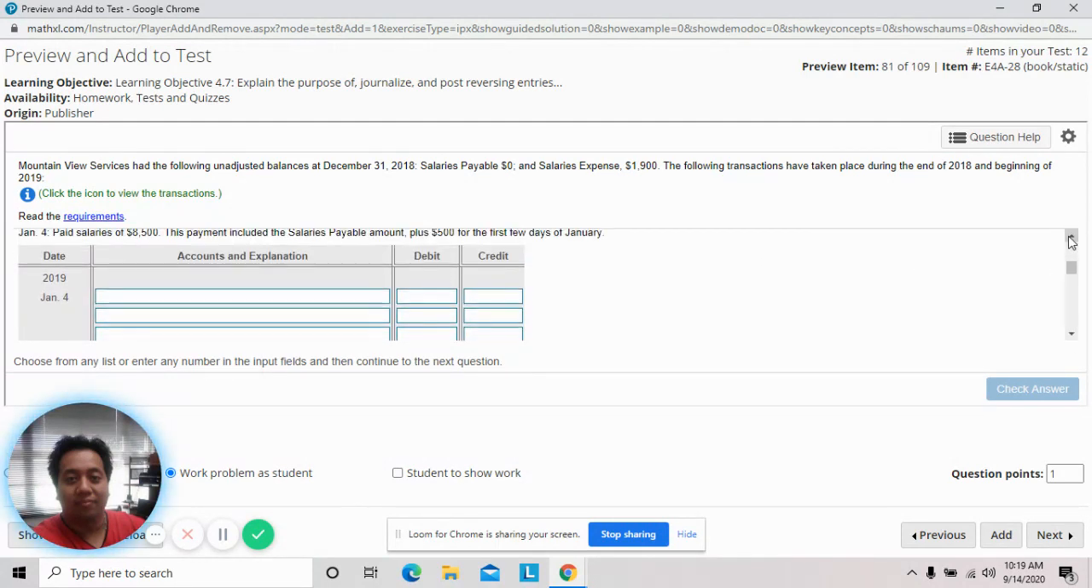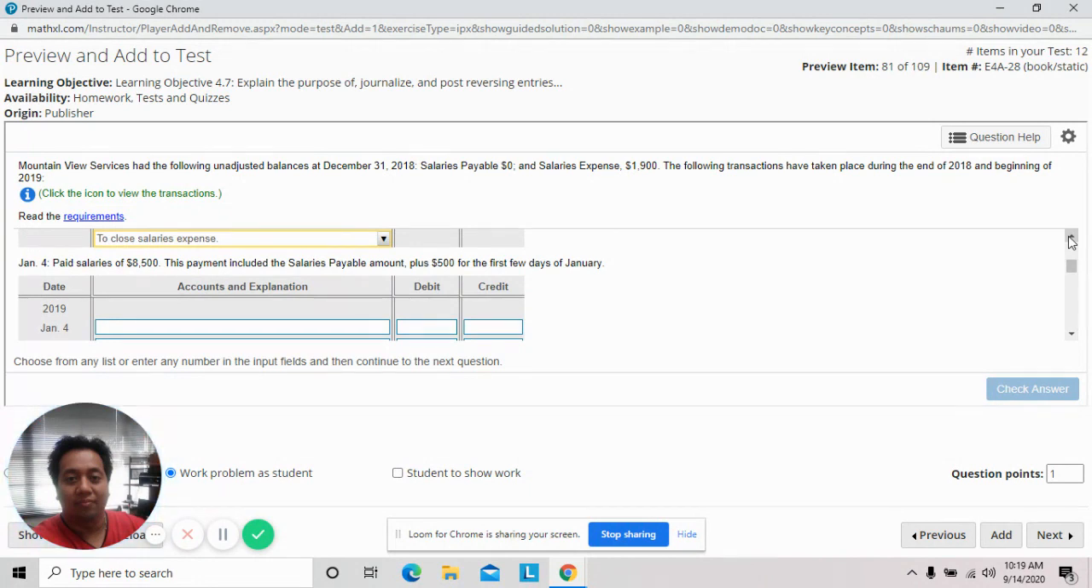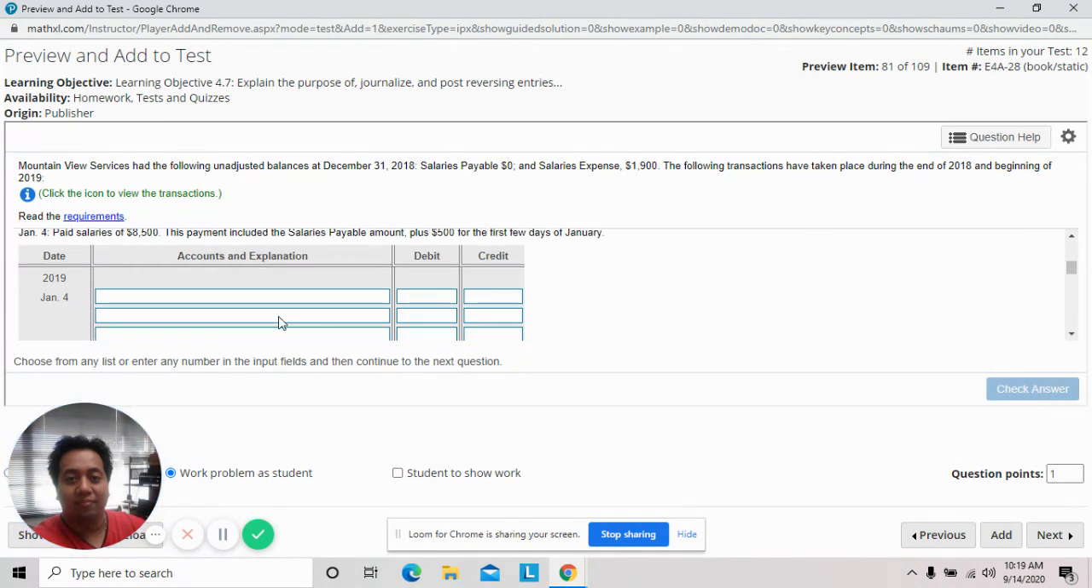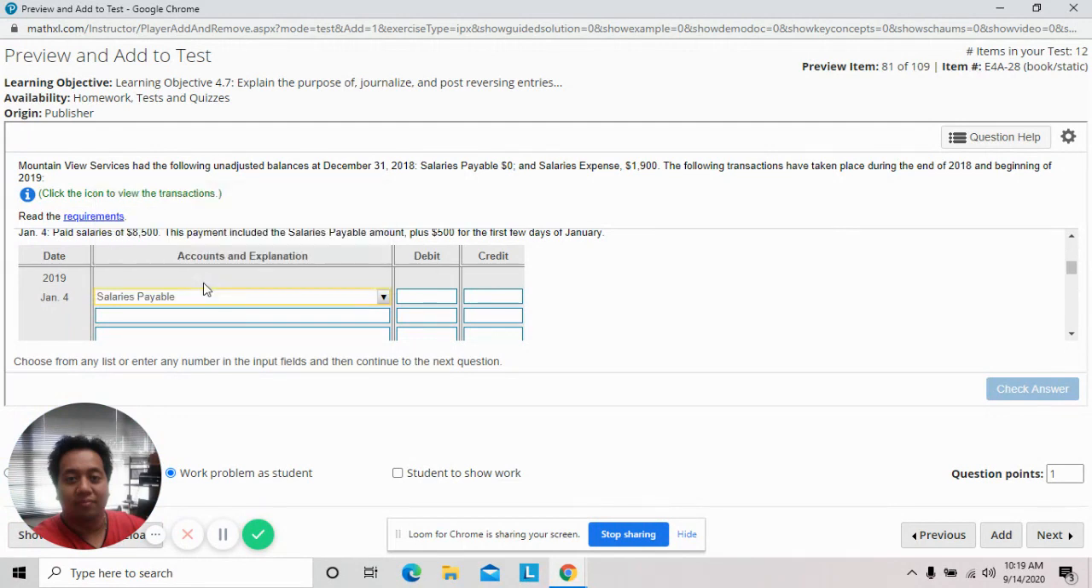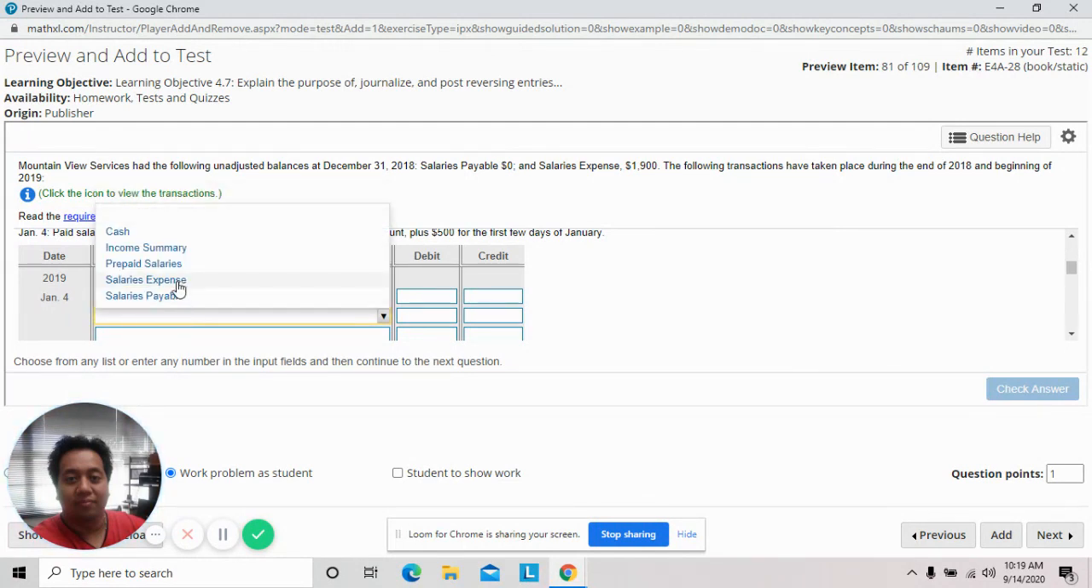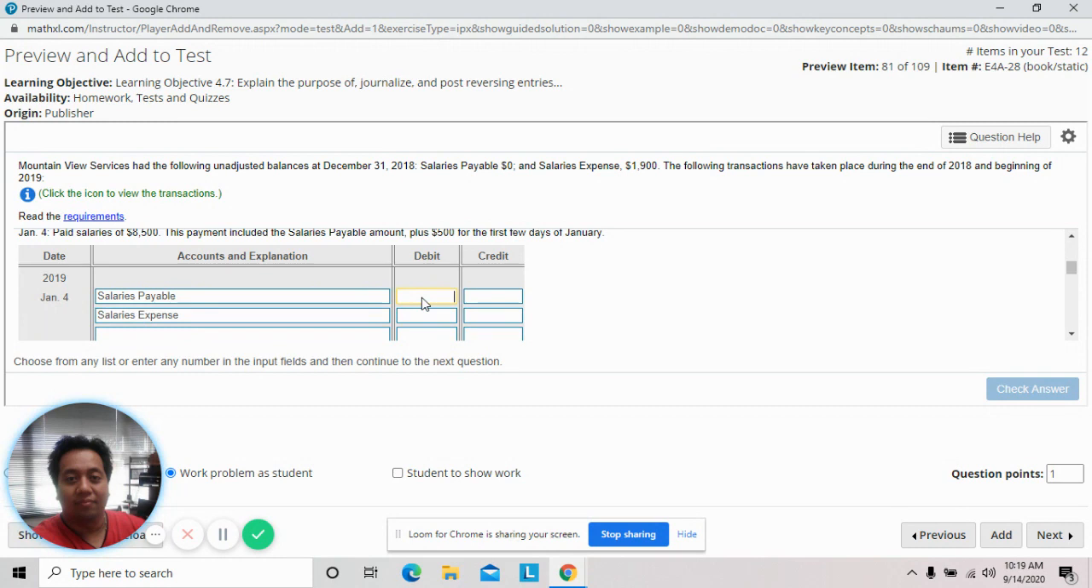For January 4th, we're paying salaries in the amount of $8,500. Also, $500 for the first few days of January. That's going to be broken up into two. For the debit side, my debits will be salaries payable and salaries expense for the debit side with an amount of